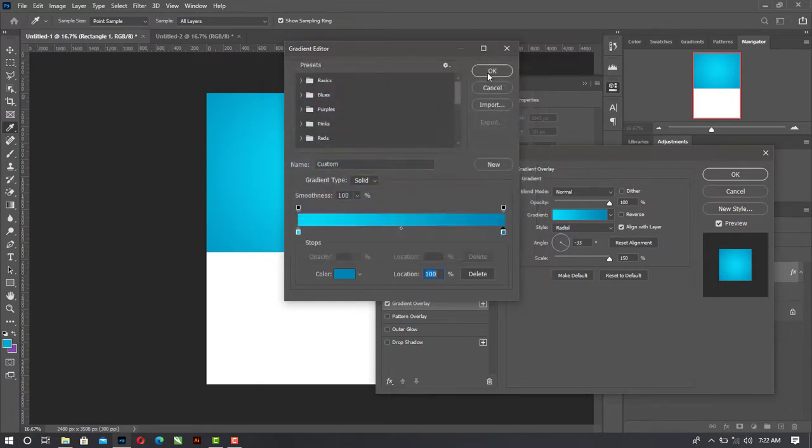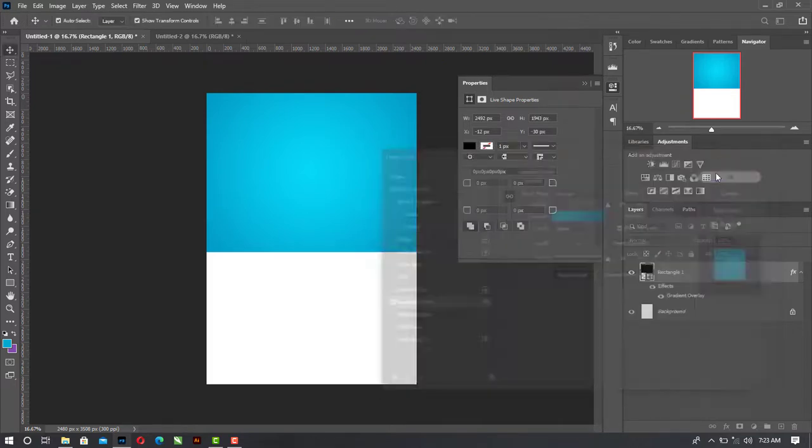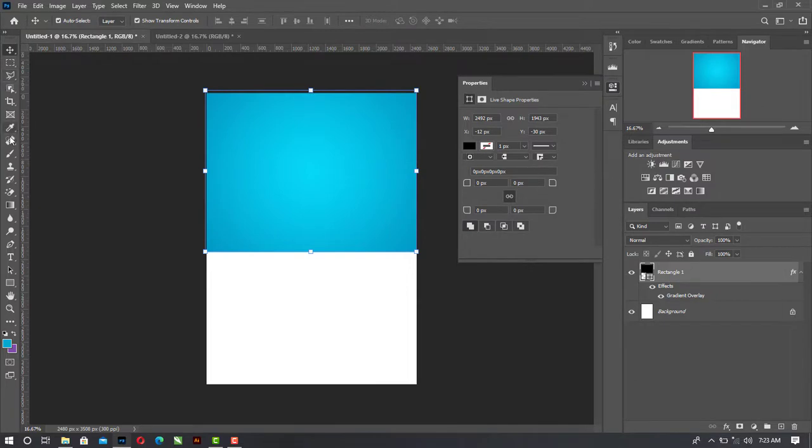And after getting your colors, you set it to radial. I just want it to be in the middle, so you set it to radial. I think this is okay for me. So after setting your colors to radial,